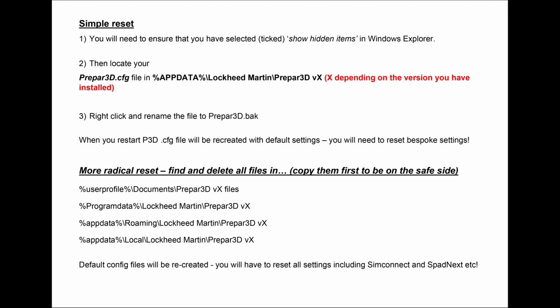Just be aware that you will then need to reinstall your SimConnect, your SpadNext connection, set up your joysticks and what have you, or your bespoke settings again. But it is a good way to start with a clean sheet if, as I say, you mess up